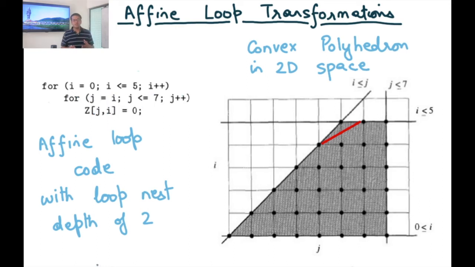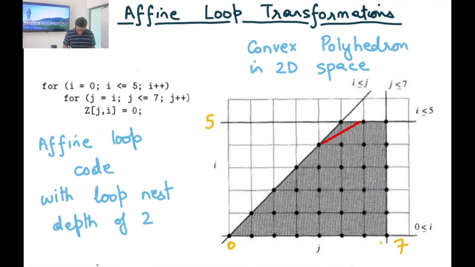So I can now represent this iteration space of the loop iteration variables as a graph, and here I represent i on the y-axis and j on the x-axis, and these are all the points. So starting from 0, this is 0 and this is 5, this is 7 and this is 5. If I draw this shaded region, it represents all the values of the loop iteration indices that this loop is going to go through.